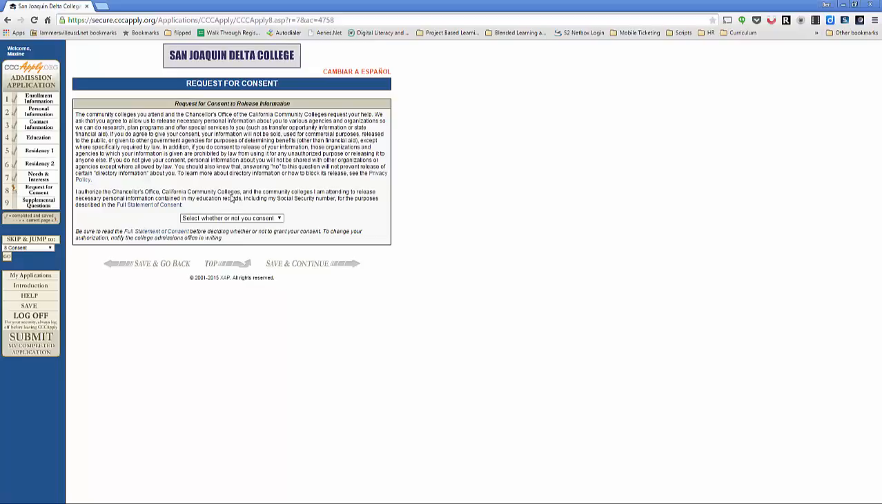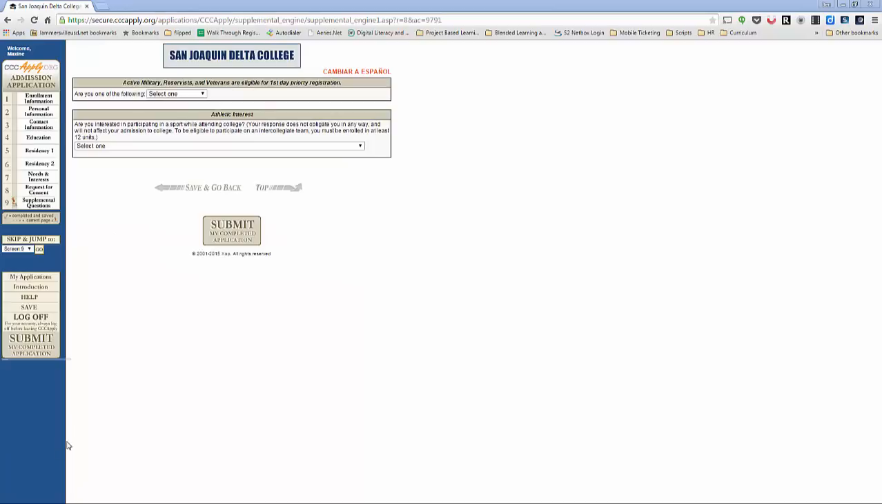This is whether you want to provide your information to be given to do reports for the Chancellor's office, to give your information for the purposes described in this statement right here. And then save and continue. Once you're finished, this is the last page. It's asking you if you're active military, none apply to me, and if you have any athletic interests, and then